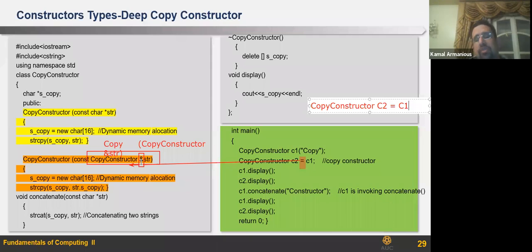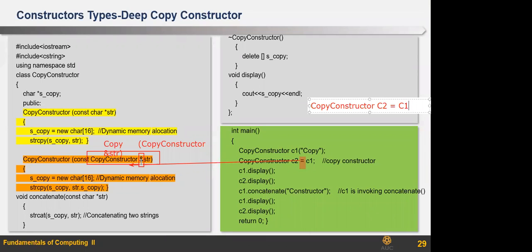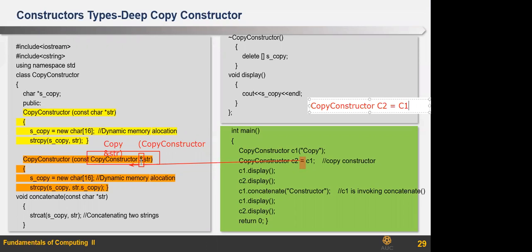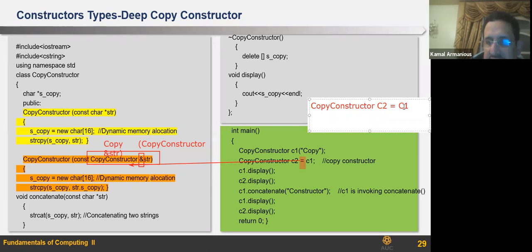Okay? So, why did we set it to constant? Why didn't we set it to constant? I will tell you after a while. Okay? Just please be patient. So, this equal sign means that I will call this function, and the input to this function is an object that belongs to a